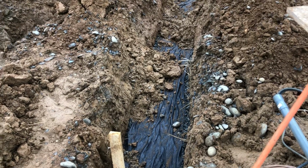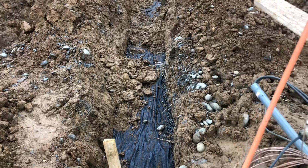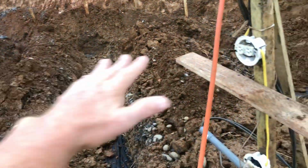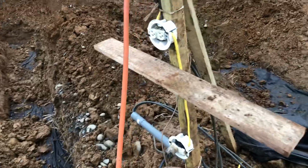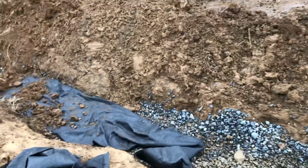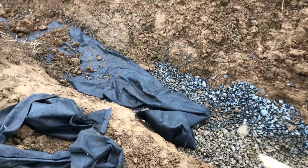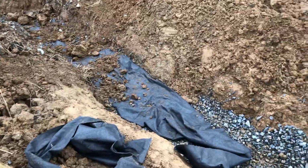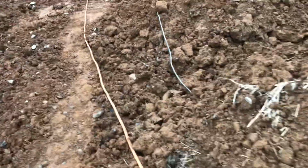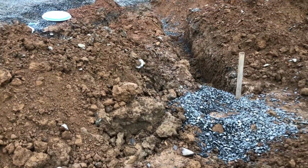So, and we knew very well when it started raining that our trenches were all going to start collapsing in, just like they did. You know, it's not deep science. Anyway, you can see we've got a side hill slope here. So as we're getting to the end of the field, of course, our pipe is getting closer and closer to the surface level. So our last one right now is only about a foot below, 30 centimeters below the current surface level. Now, when we have this all cleaned up, it may be somewhat higher than that, but at any rate, our depth is varying. As I said, the pipes have to be level,